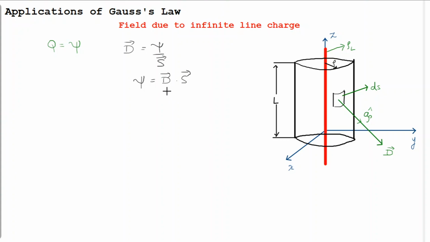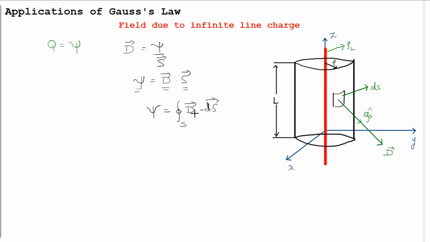But now what if this D is not known, as well as S, both are not known to me? Then how do I calculate psi? Both are not known to me because S is some unknown surface, D is some unknown density. Then how will I calculate psi? Then I write psi with respect to the closed surface. Over the closed surface, how will I evaluate D and S? So how will we write it? As discussed earlier, we'll write this as the closed integral over the surface D dot dS. Is it not? This is how we write.